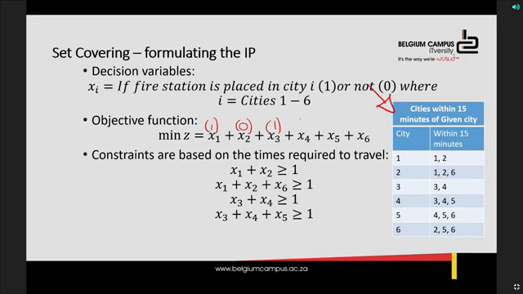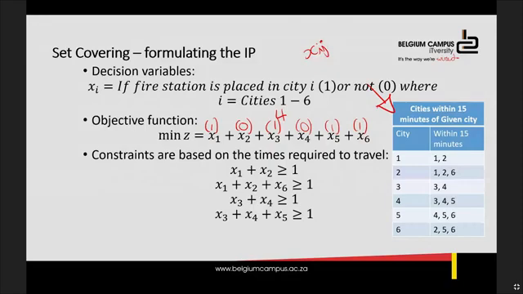So if this was the answer, it's not, but if this was the answer, how many fire stations would have been placed? Perfect. You add them up, and you'll see it would have been 4 fire stations. Because they're binary, you're literally saying 1 plus 1 plus 1 plus 1. So if you used